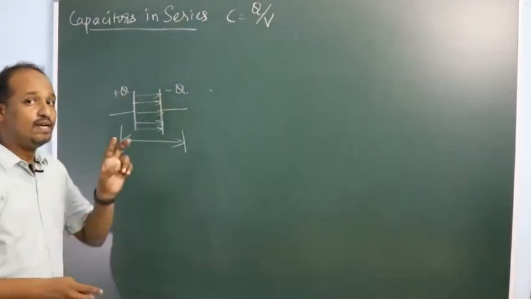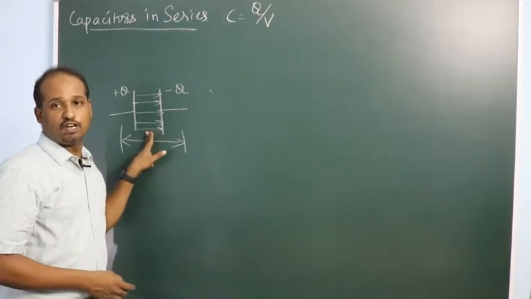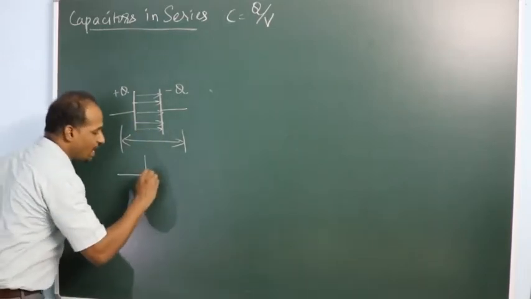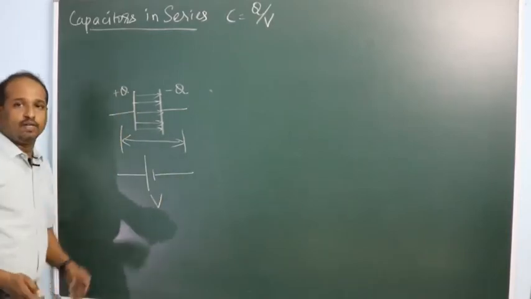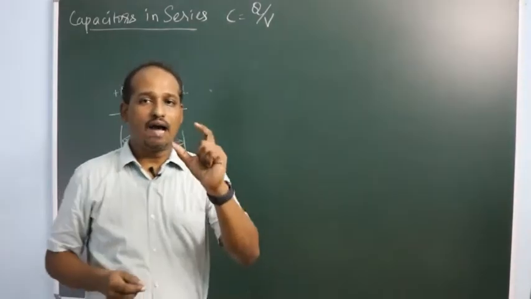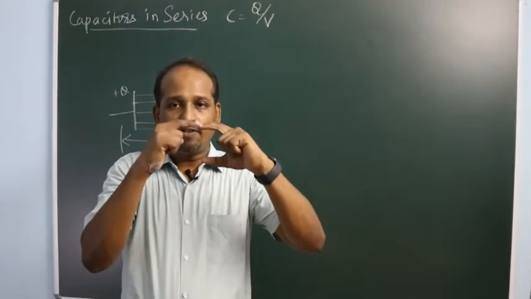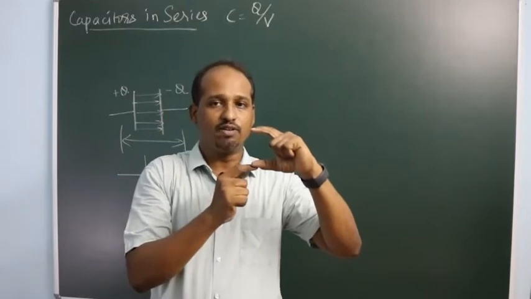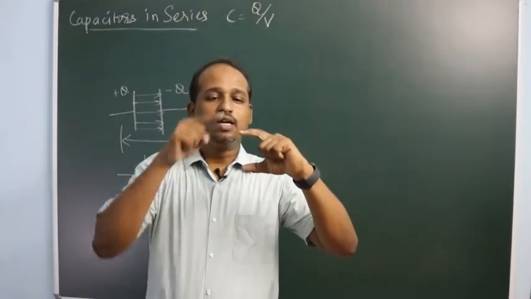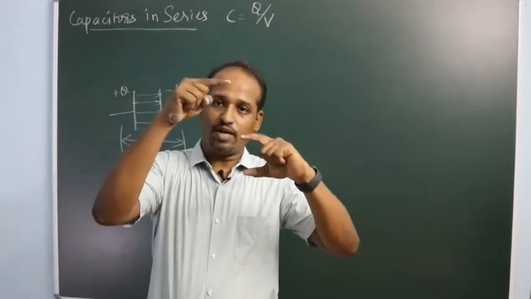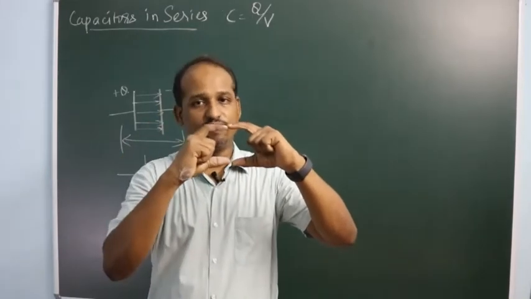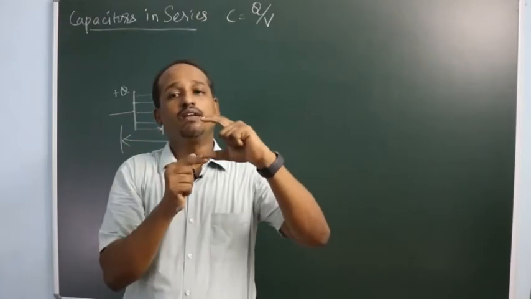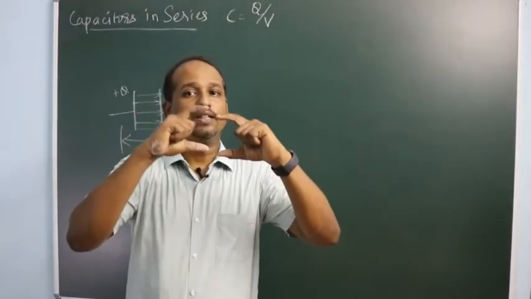That is number one. Second, how this potential drop is produced is by attaching a battery of V volt. Suppose you have a battery of 10 volt. The potential difference between the positive terminal and the negative terminal is 10 volt. That means if the positive terminal is at 20 volt, the negative terminal will be at 10 volt, hence the difference is 10 volt. If the positive terminal is at 25 volt, the negative terminal will be at 15 volt, and the difference is 10 volt.